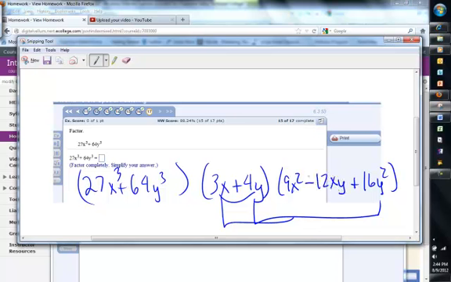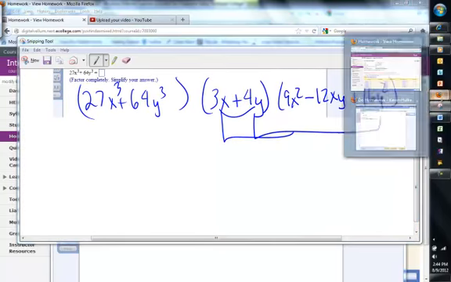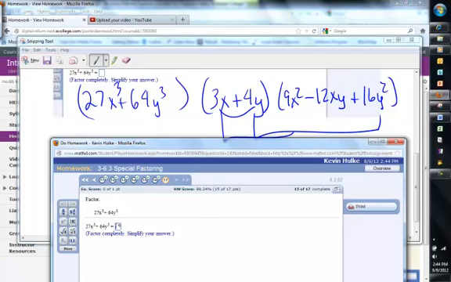Remember, you have to have exactly one negative sign. So our answer is, parentheses, 3x plus 4y, 9x squared minus 12xy plus 16y squared. And that is